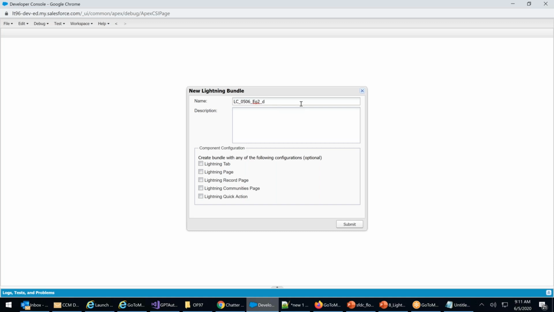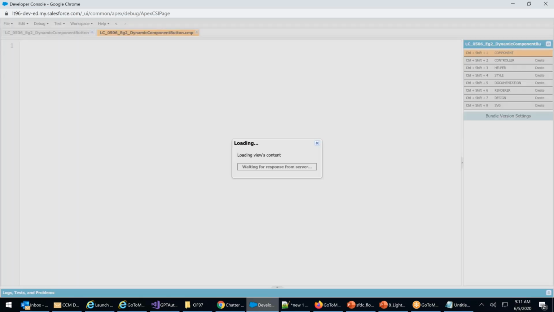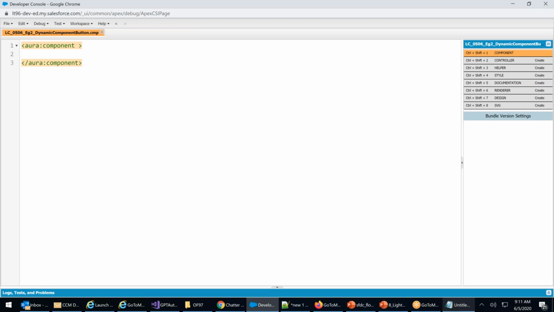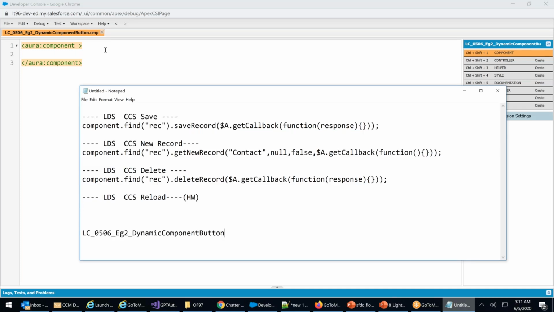Dynamic component. What dynamic component will I create? Dynamic component button. I'm creating a component called dynamic component button. Submit. Close. Let me open. Keep on watching dynamic component.